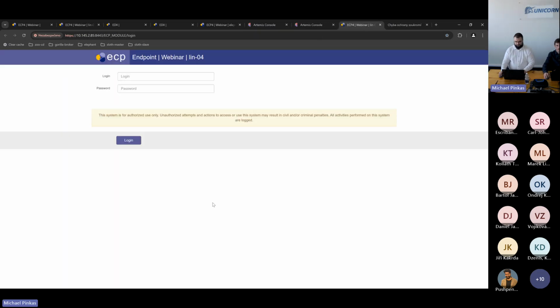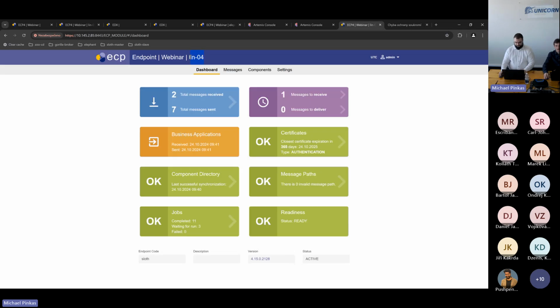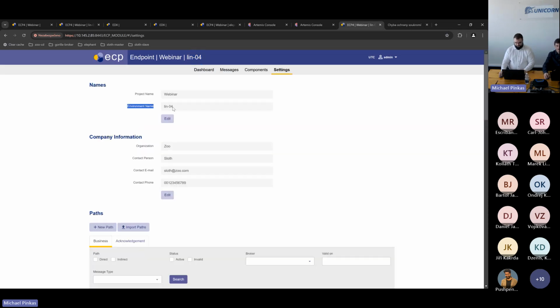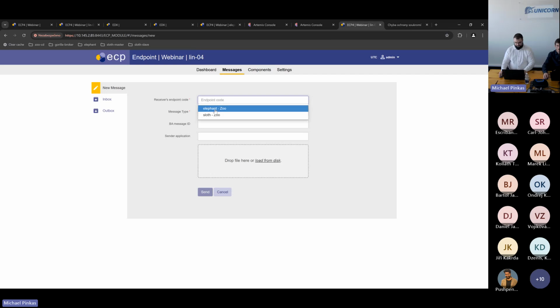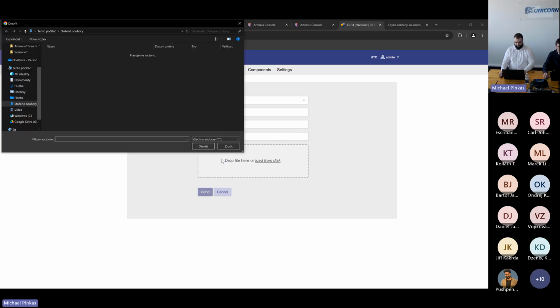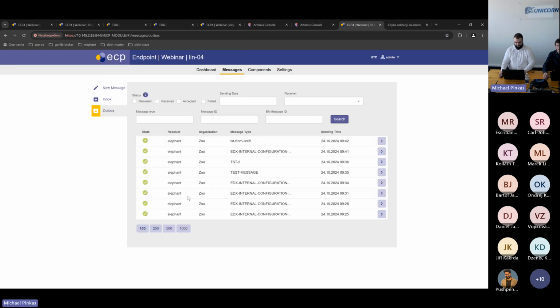Going to the endpoint. I'm logged in. Although we can see the lane 04, that is because the environment name is shared between both of the nodes. I wanted to make it a little clearer, but we will be a little more confused rather. But what we can do now is send a test message to the elephant from the endpoint. Just from the link 05. I will send a message